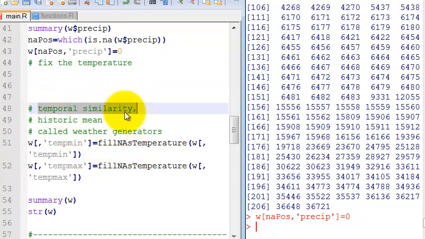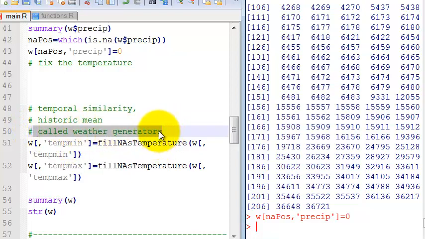The temperature has a temporal similarity, which means that the maximum temperature of today should be similar to the maximum temperature of yesterday or tomorrow. So the more correct way should be to use that together with a historic mean, or there are packages called weather generators which try to fill these gaps using statistical approaches or other weather stations around. But here we are going to just use the function that we learned in one of our lectures, which is